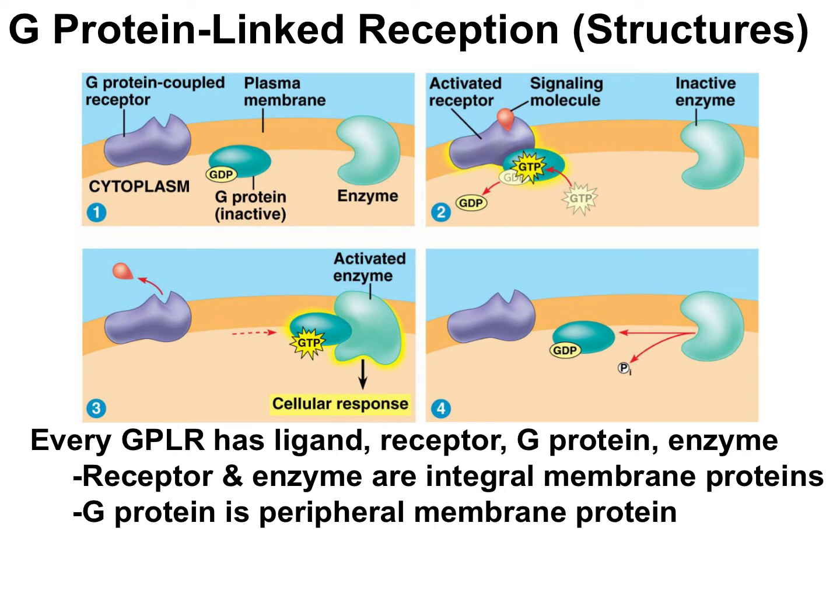In addition to the G-protein, these pathways still have our old friends, a ligand right there in red, and a receptor shown in purple. And another characteristic molecule that G-protein pathways have is an enzyme, shown here in blue. In G-protein pathways, the enzyme and receptor are often integral membrane proteins, while the G-protein is a peripheral membrane protein. So now that you've met these main players, these structures, let's dig into how the molecules work together to create